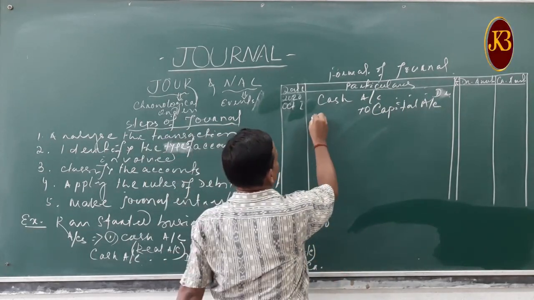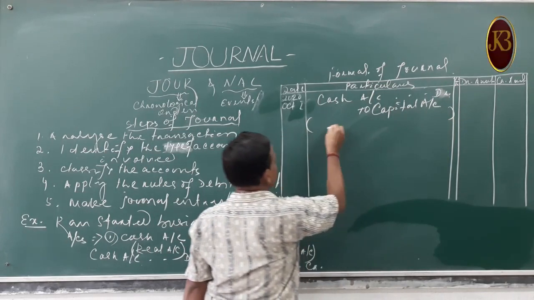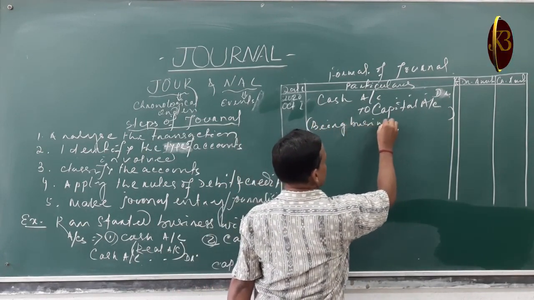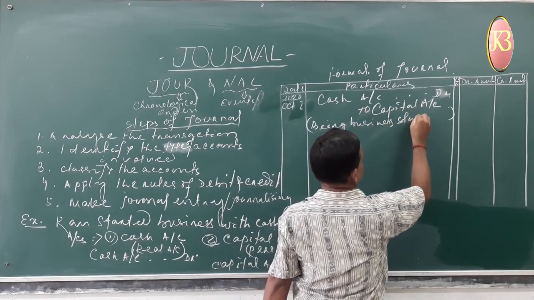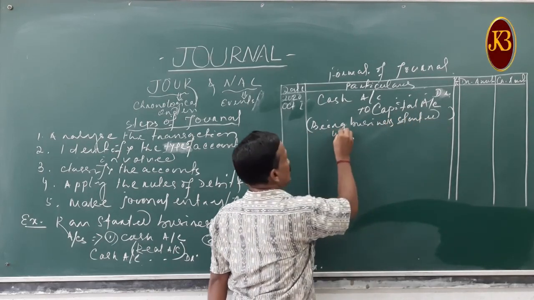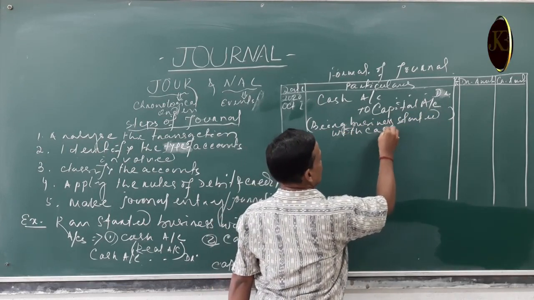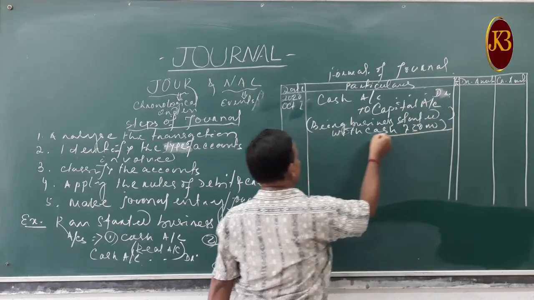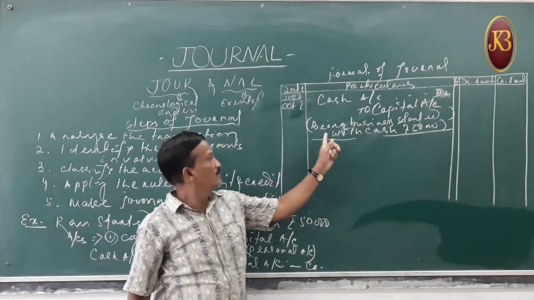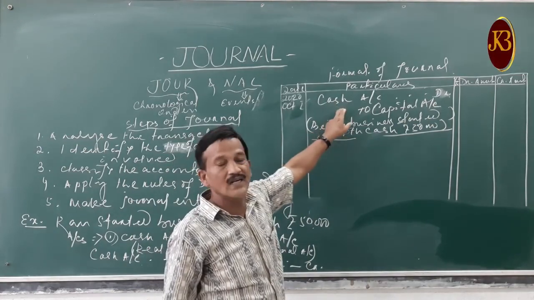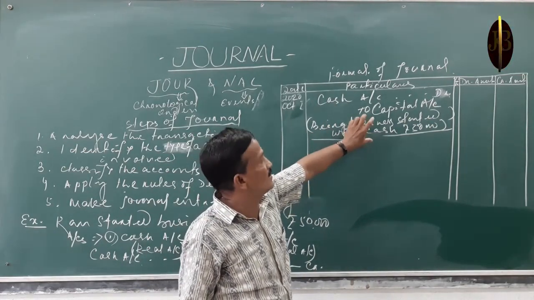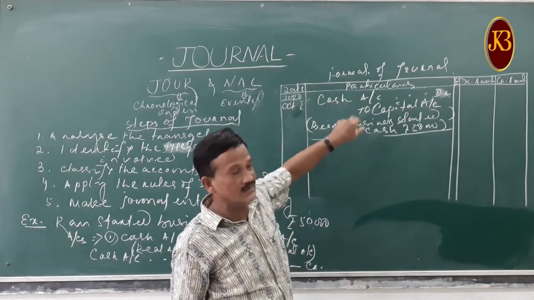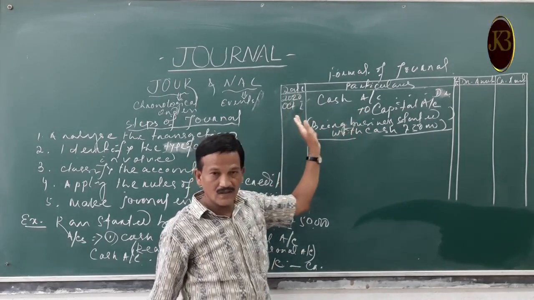Then you have to give a brief narration to the journal entry. That is, being business started with cash 50,000. So that is the narration. A brief narration to the journal entry is needed to understand the transaction. This is the journal entry, this is the narration, this is the date column, this is the particulars